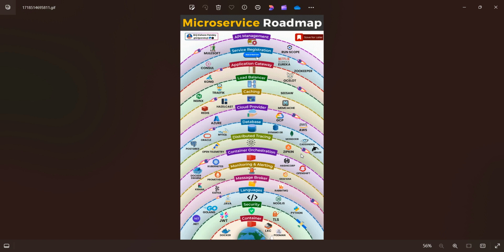Then we have a load balancer. While we have our application, we need to handle the load. So how will we do this? We have Nginx, Traefik, and Seesaw. Like that, we have multiple load balancers. We are also using Ribbon and others. So these are all load balancers. Depending on the company's requirement, the client will use different techniques or